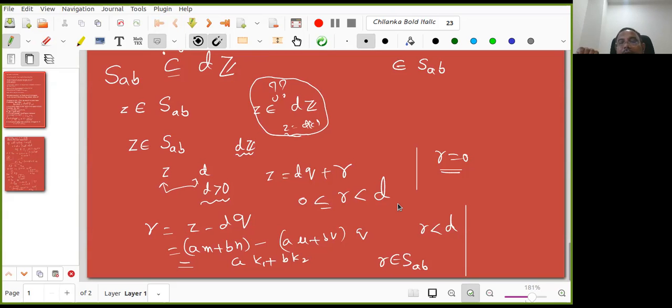That is what we proved. If R is not equal to 0, then it is in the intersection of SAB with the natural numbers. But if R is equal to 0, we are done. Otherwise, it is a contradiction, since D is the smallest. So I request you to go through it carefully. I'll erase everything now, so I'll give 1 minute to go through the entire proof once. I know it is a little lengthy, but I will ask one of you. First go through it for 30 seconds. Doubts, raise hand. Done, tick yes.